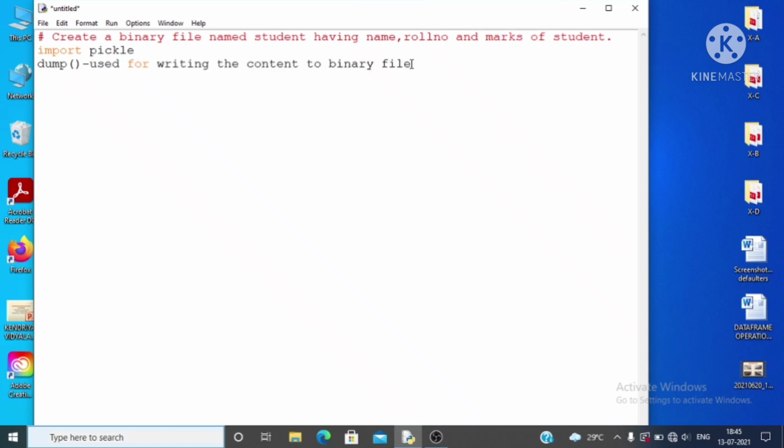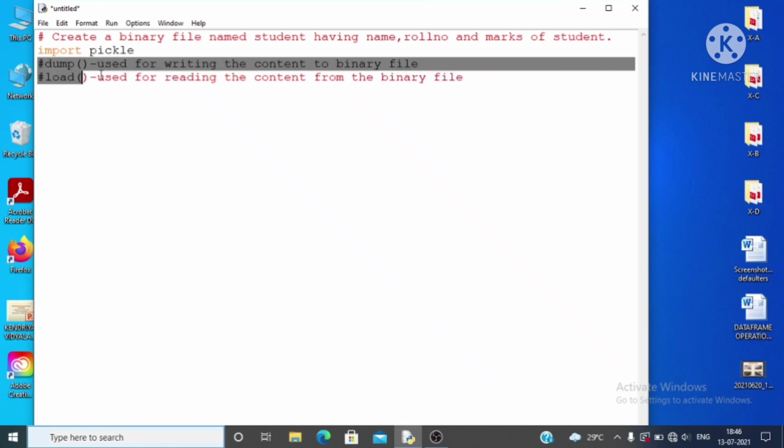So if you want to write some content, you need to use the dump function. For reading the content from the binary file, you need to use the load function. These are the two functions which we will use in our program for reading and writing.